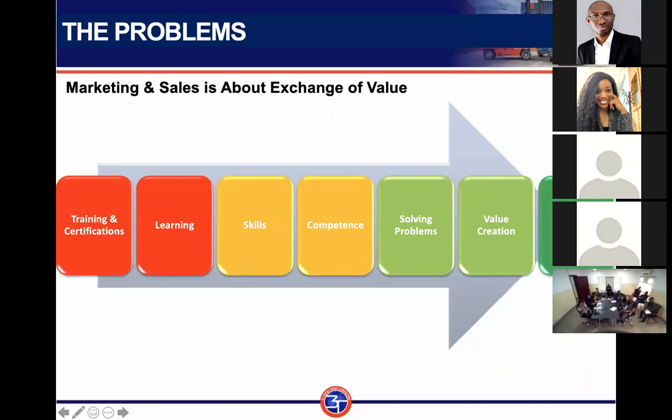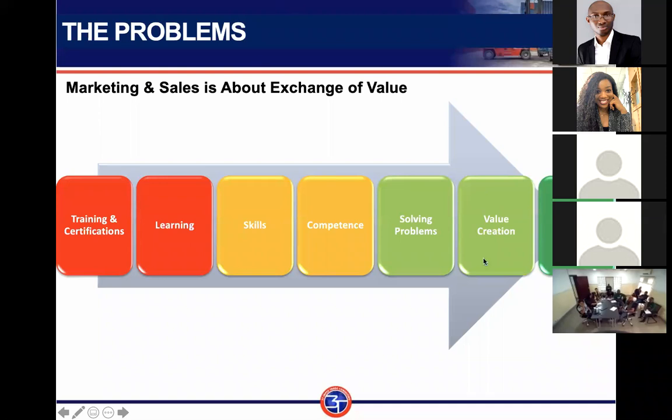The question is, am I creating value? Because with value, I will attract that deposit. If I'm not creating value, it's because I'm not solving problems for customers. So I'm not generating income and deposit. I'm not meeting my target because I'm not creating value for my customers.